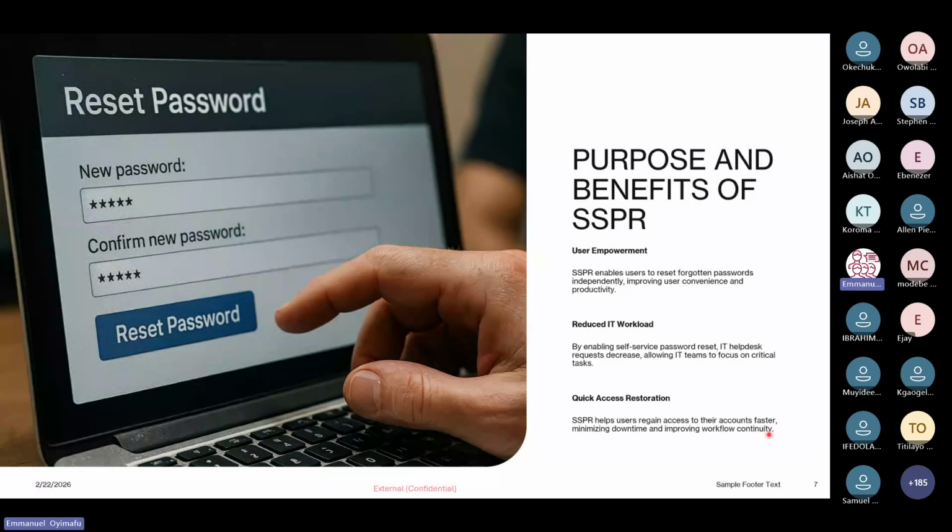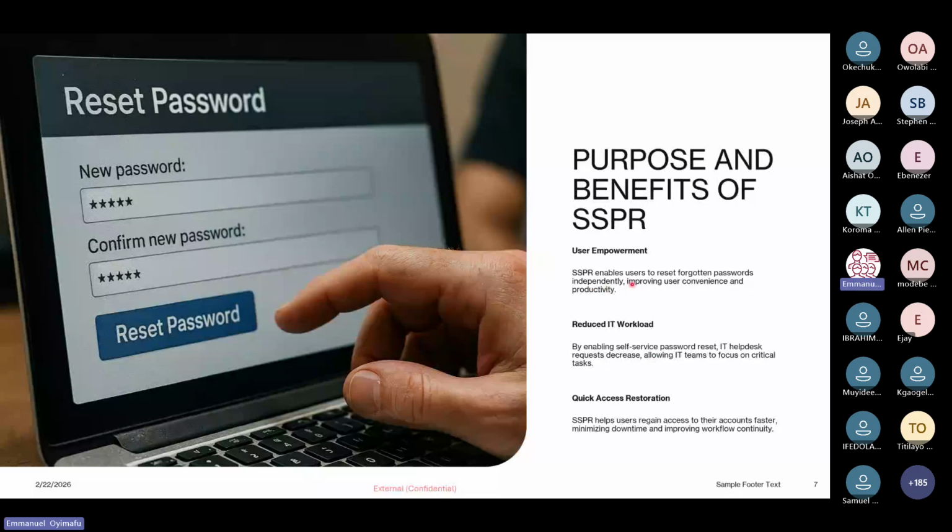I'm causing downtime for that person because they are unable to work at that time. So with self-service password reset, all these things will be beneficial to the company and the users. You are empowering the users to reset forgotten passwords independently, and it improves users' convenience and productivity. So these are the benefits of SSPR.